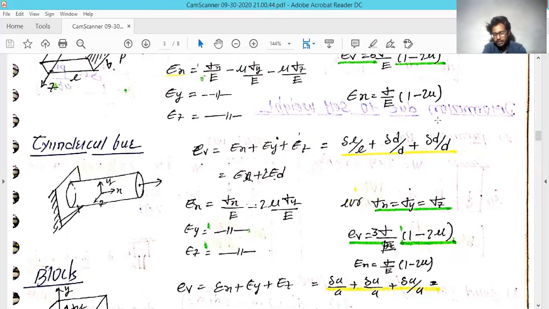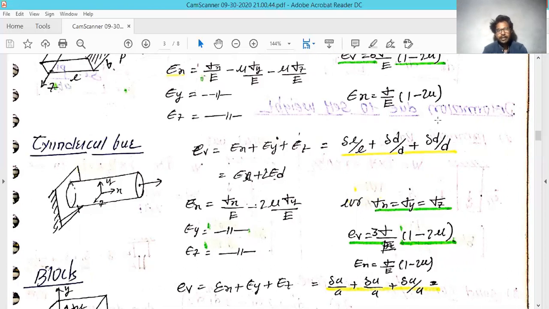In this condition also, if you take an assumption that the stress developed in all directions is equal, what will happen? That formula will be reduced to the form of stress divided by the modulus in bracket 1 minus twice mu. If the same formula is used in the volumetric strain, the formula will be multiplied by 3 times. The same thing happened in the rectangular section, and the same we have to do in the cylindrical bar as well.